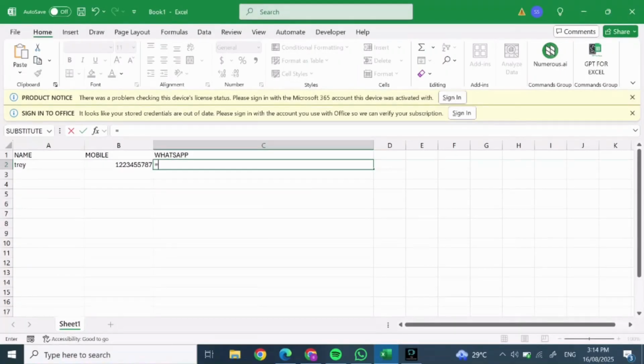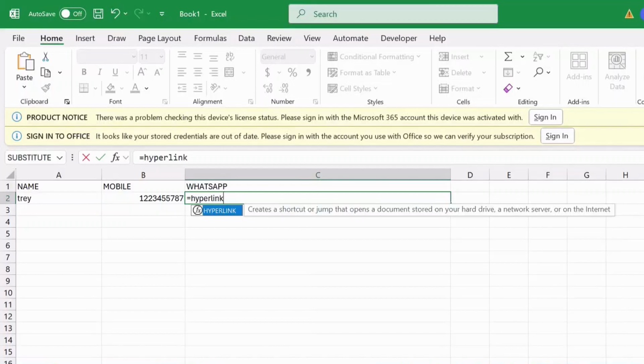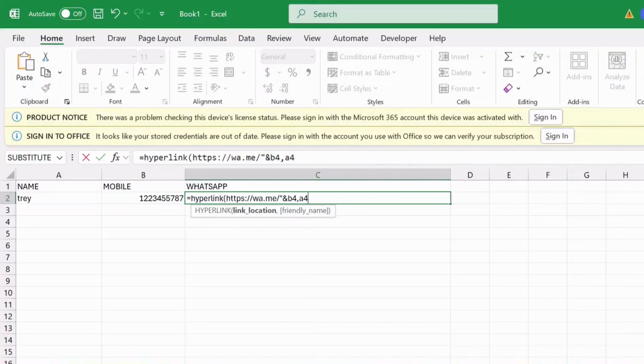First, open Excel. Create cells with name and mobile number. Then, in another cell, click on and type =HYPERLINK("https://